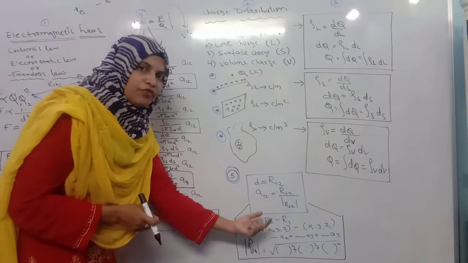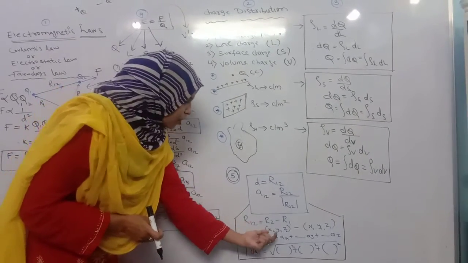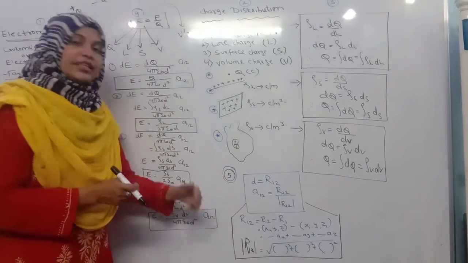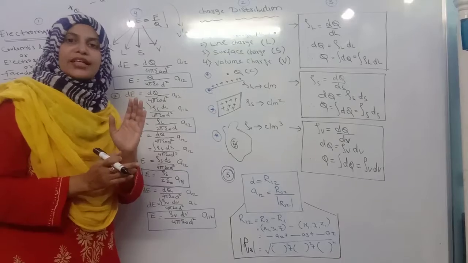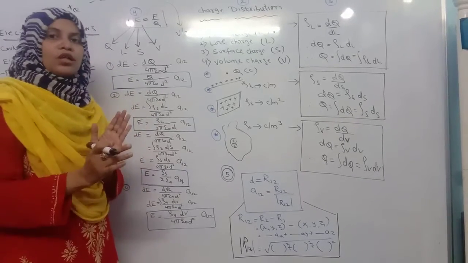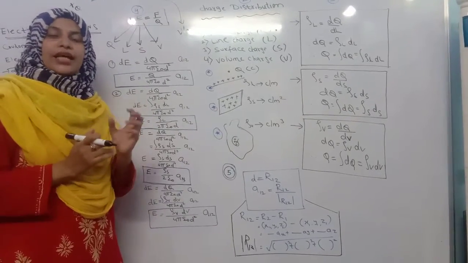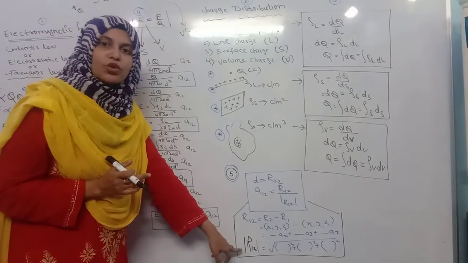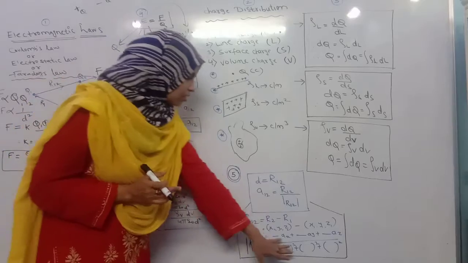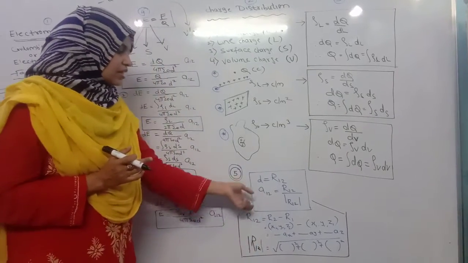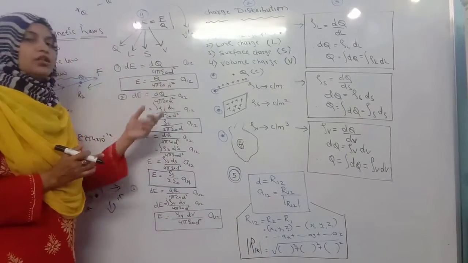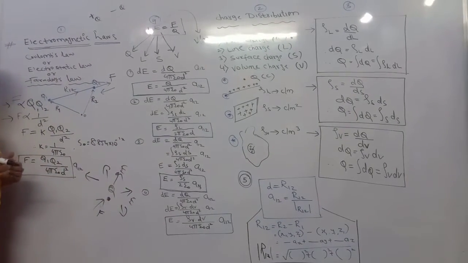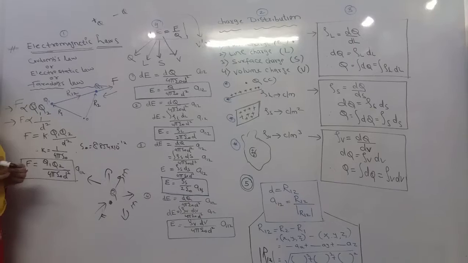Whatever you get, if that is in the positive sign, then first term into ax plus second term into ay and third term into az. In this way we can calculate the first term square, second term square and third term square under the root while calculating the mod term. Okay, so here I have written that the mod of r12 is nothing but the root of the first term square, second term square and third term square. In this way you can calculate the distance and substitute in the numerical and simplify the problems which are related to the force.